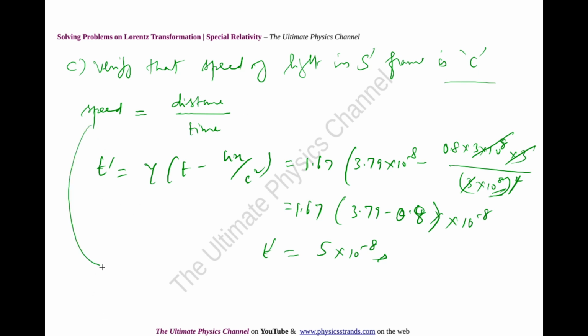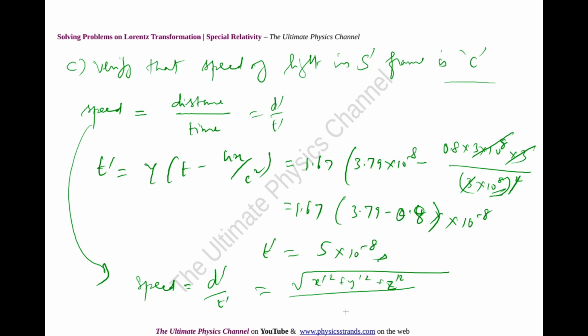So now we can say that in this equation, I want speed of light or speed generally as distance d, that is d prime here, right? D prime over t prime, let us say. My d prime is what? Square root of my coordinates x prime squared plus y prime squared plus z prime squared over my t prime. Okay, so for lack of space here, I'm going to try to squeeze this here. If I do the calculations here for the speed